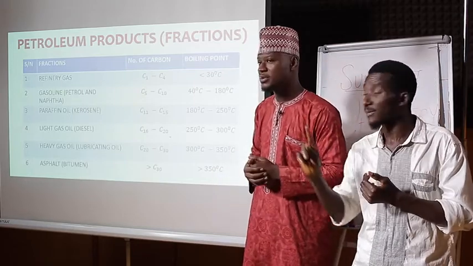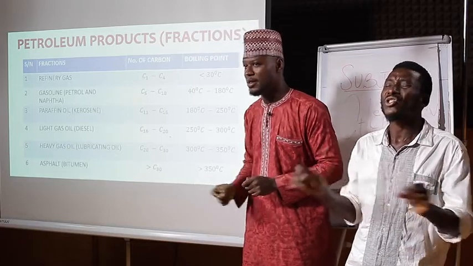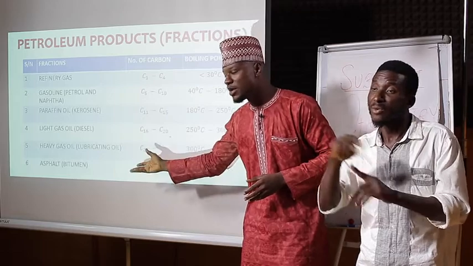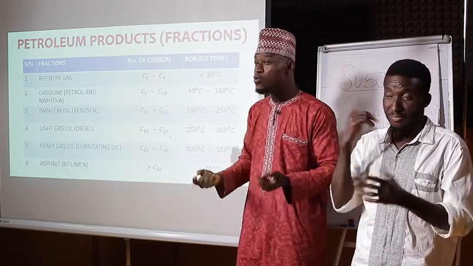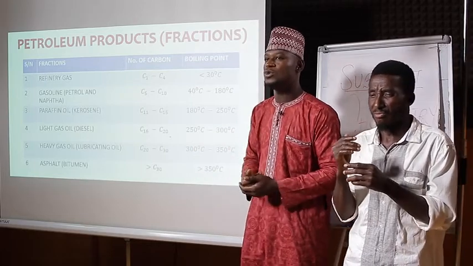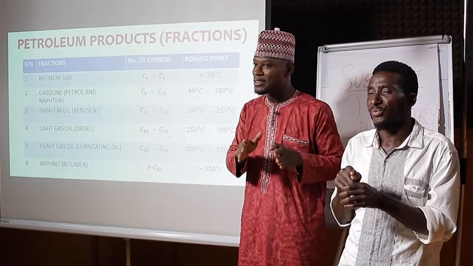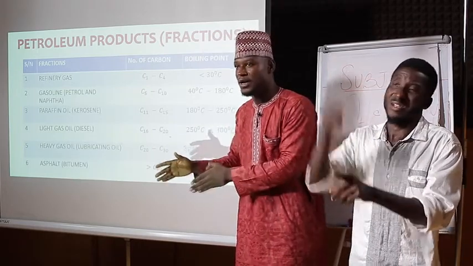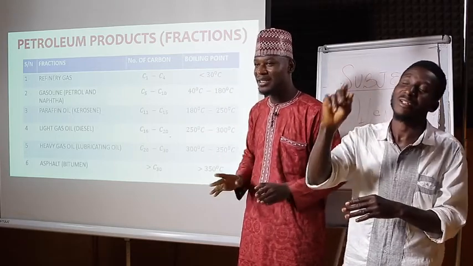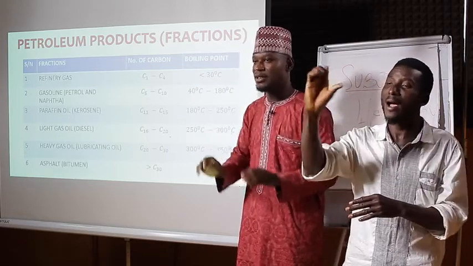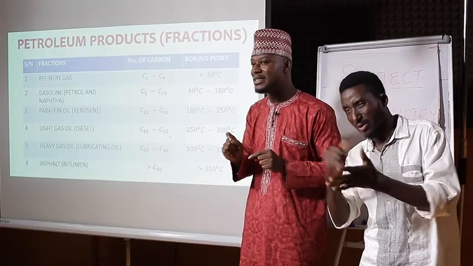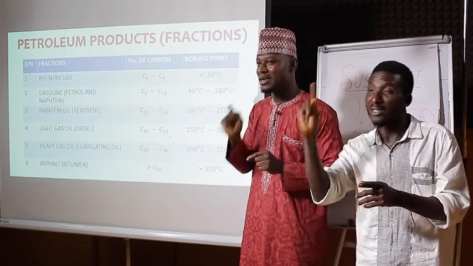Then the next important concept is cracking and reforming. Now, what is cracking? When you have a high percentage of heavy chemicals like diesel and kerosene, and we prefer petrol because it is used more than the other fractions, then we crack it. That is, we convert it from a high fraction to a low fraction. We use two methods for cracking: either thermal cracking or catalytic cracking. When you apply heat, you crack it thermally. Then when you use a catalyst, that is what is called catalytic cracking.